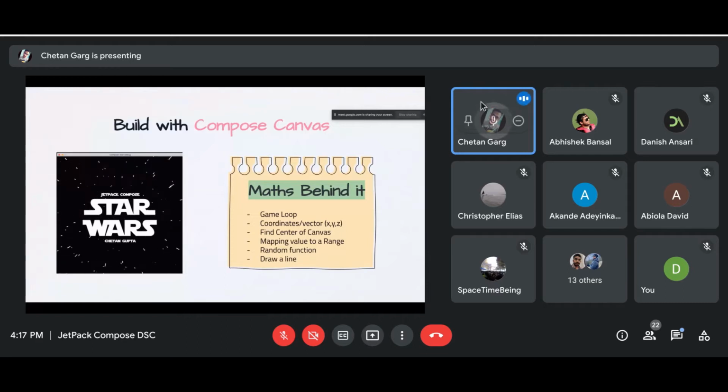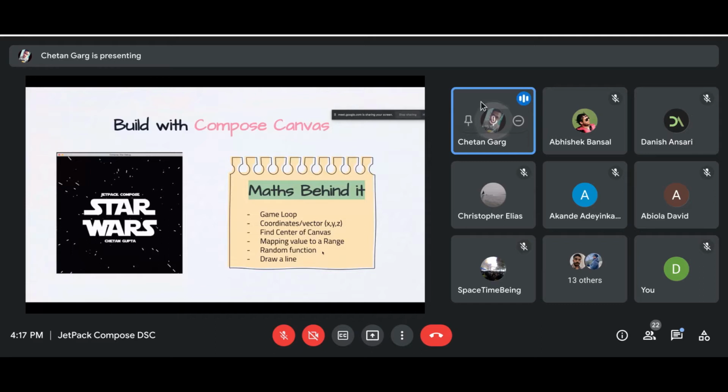And if I say again, map that value to a different scale, like 1 to 100, then the value being 50%, it needs to be 50, right? That kind of mapping you need to know, otherwise you won't be able to get that 3D effect. These things will come at your eyesight if you don't use this range mapping. I will show how I have created this function in a while.